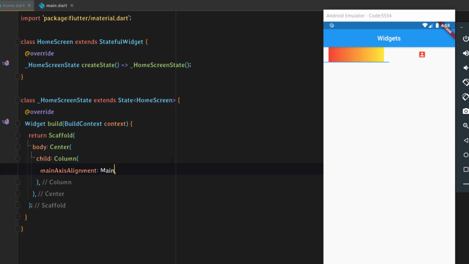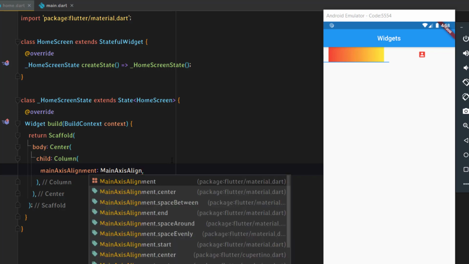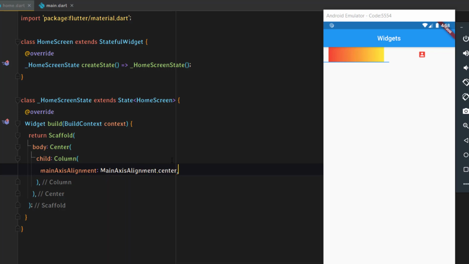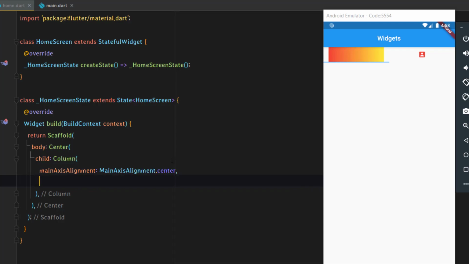Main axis alignment, center, and now we'll add the children for this column,